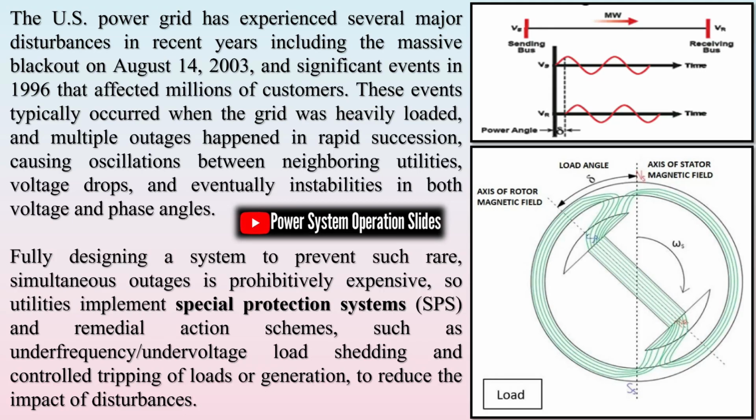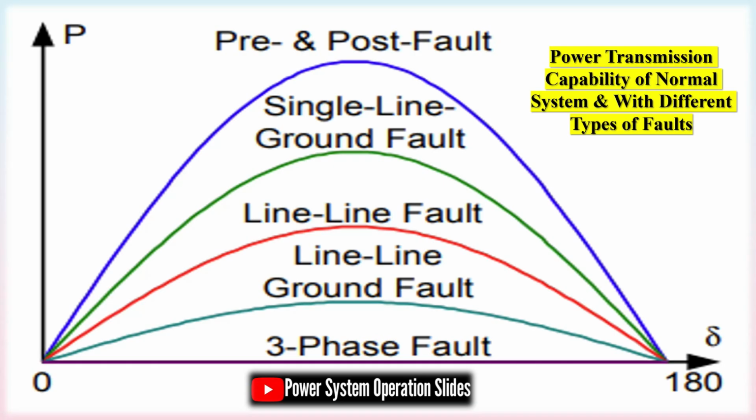These events typically occurred when the grid was heavily loaded, and multiple outages happened in rapid succession, causing oscillations between neighboring utilities, voltage drops, and eventually instabilities in both voltage and phase angles. Fully designing a system to prevent such rare, simultaneous outages is prohibitively expensive, so utilities implement special protection systems (SPS) and remedial action schemes, such as under-frequency and under-voltage load shedding and controlled tripping of loads or generation, to reduce the